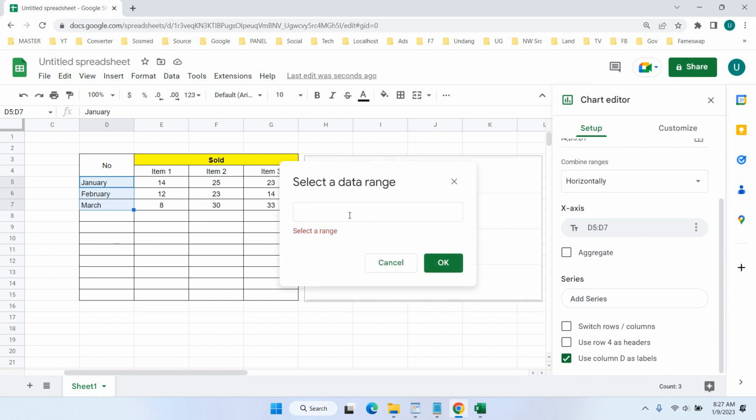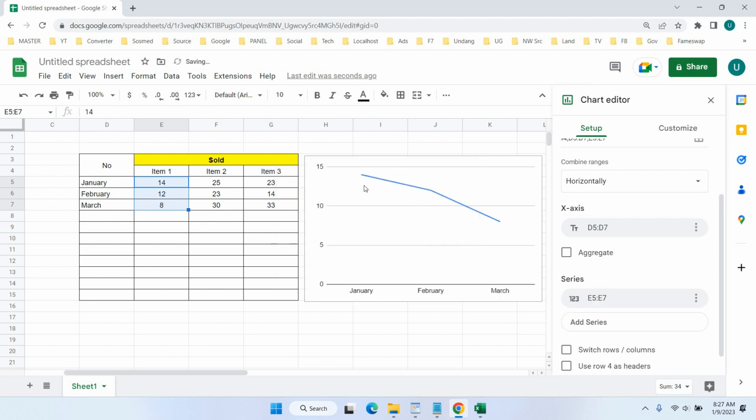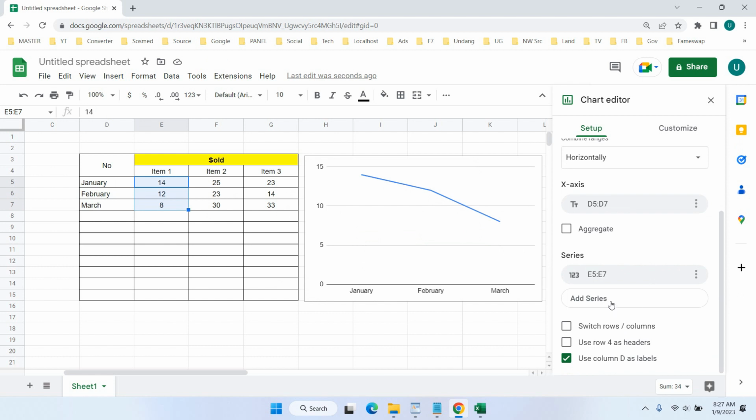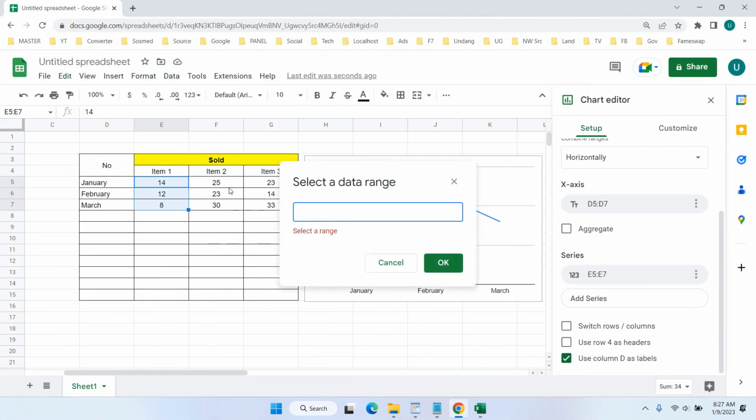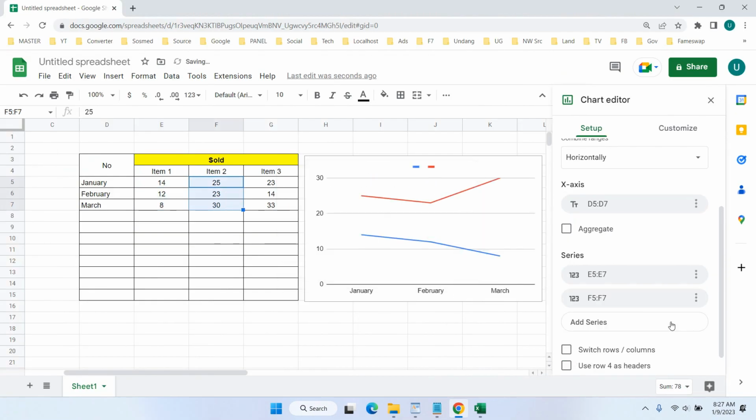Just click item 1 here, and item 1 is blue. We will try to set a description about this line later, but now click add series to add item 2, and don't forget to select this icon. Okay, and the last series about item 3,